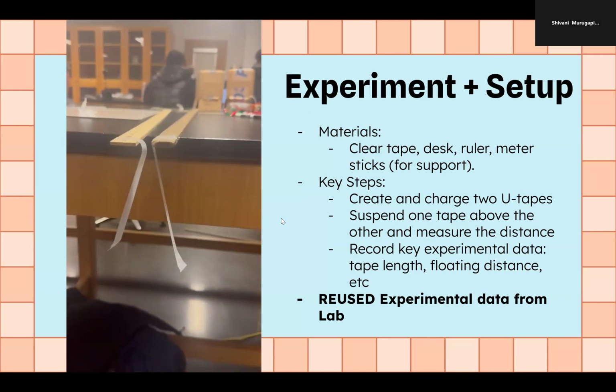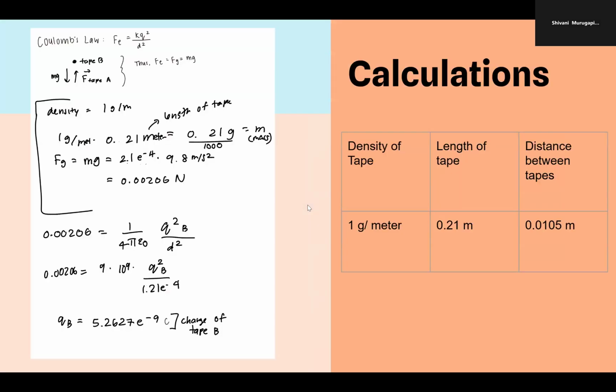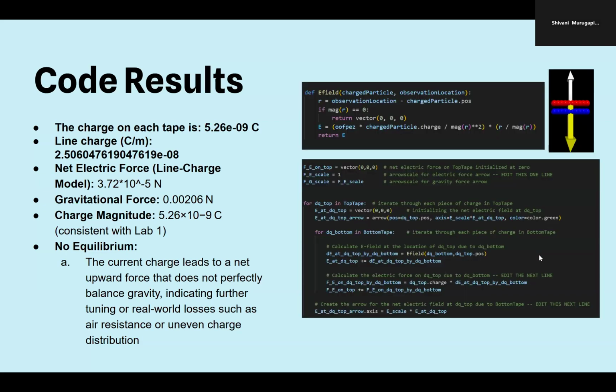We essentially charged these two tapes and suspended them above each other, measuring some distance and some key data. We're using this data from lab 1. And so this is a little bit of what we did last time. If you look on the right, that's the most important. The density of the tape, the length of the tape is 0.21 meters, and the distance between the tapes is 0.0105 meters. So from our code results, we basically got the charge on each tape is about 5.26 times 10